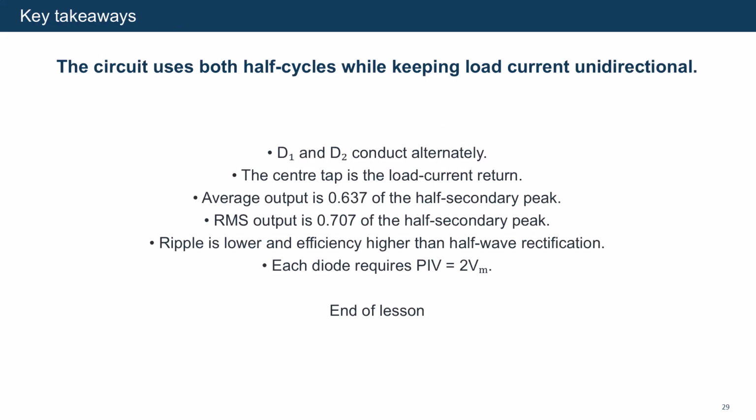A center-tapped full-wave rectifier uses two diodes alternately, with the center tap as the return path. It produces a positive load pulse during each half cycle. The average is 0.637 of the half-secondary peak, the RMS value is 0.707 of the peak, and the ideal efficiency reaches 81.2%. Remember that each diode must withstand twice the half-secondary peak voltage,